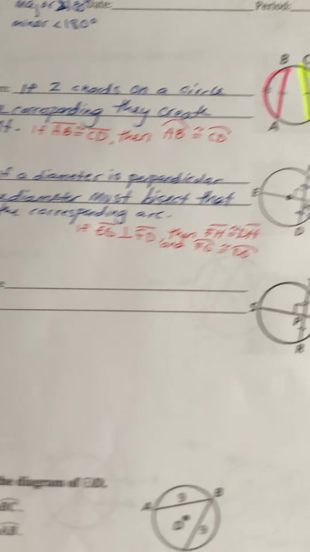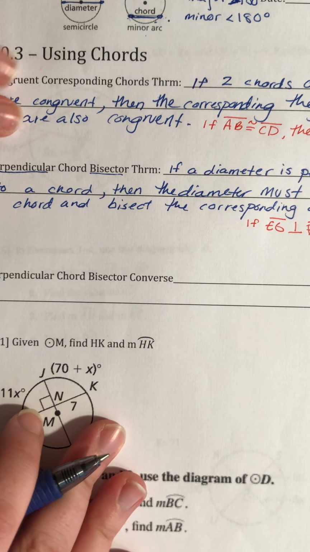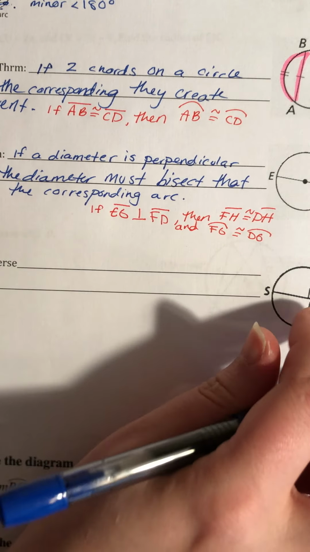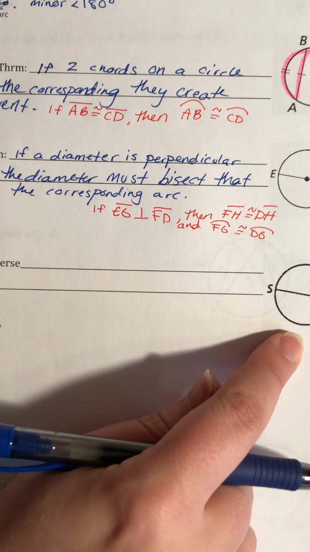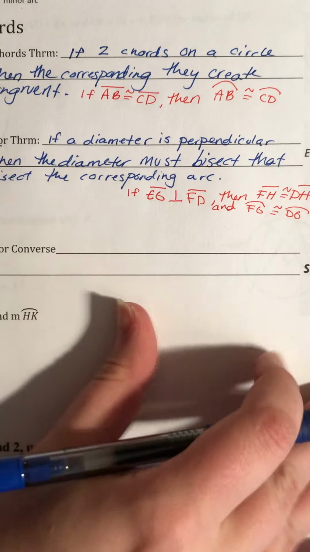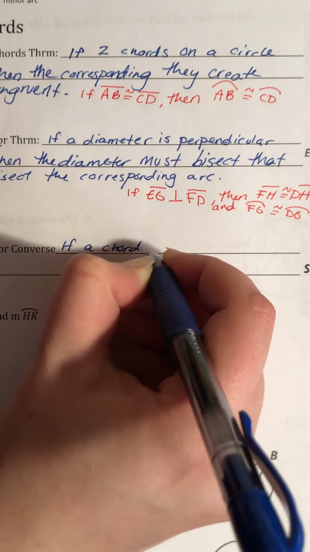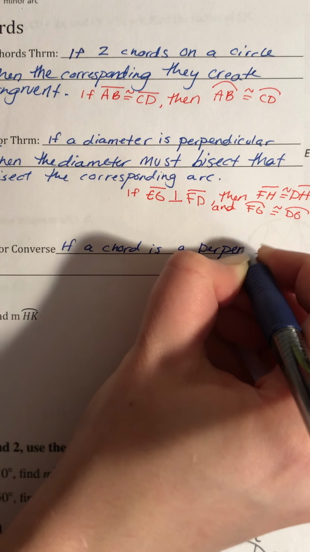And then one more theorem, we have the perpendicular bisector converse. So the previous one was starting with the diameter being perpendicular. This is starting with a chord. That's the converse aspect of it. So if a chord is a perpendicular